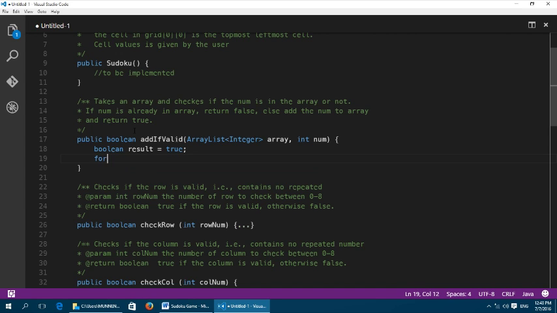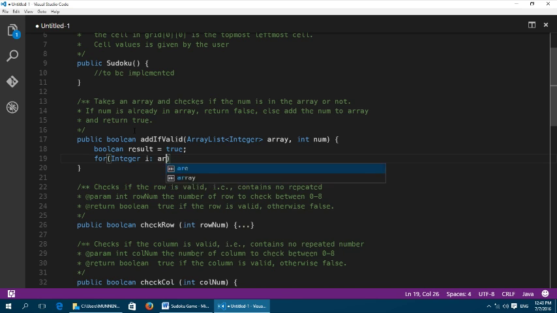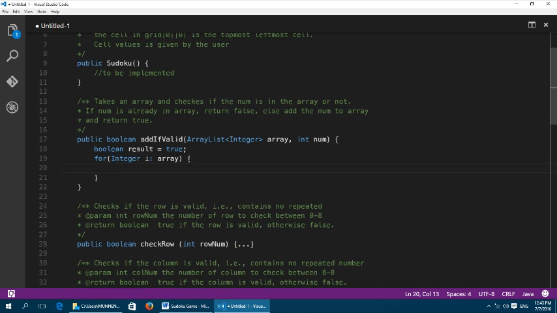So we are going to implement here the for each loop. For each integer I in the array, this integer I has been declared right here, and this array is the variable of integers that this function gets. We are going to do this conditional: if I equals num, then